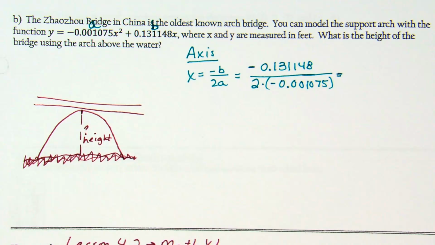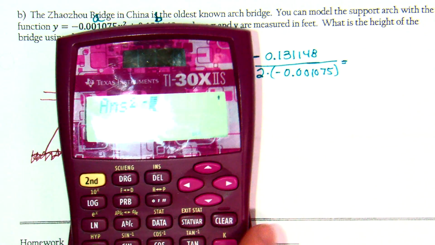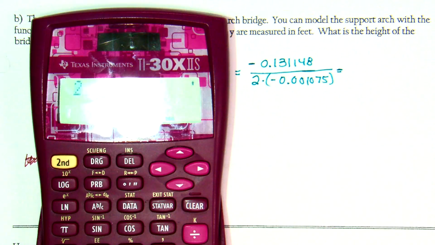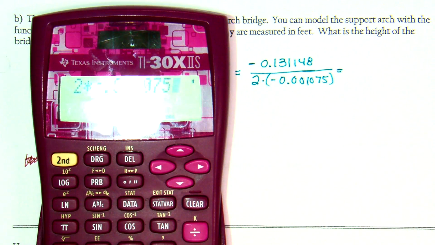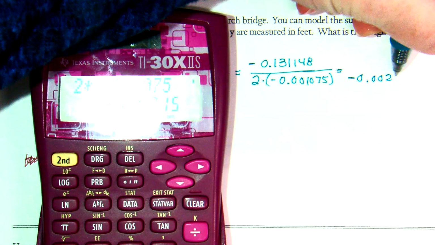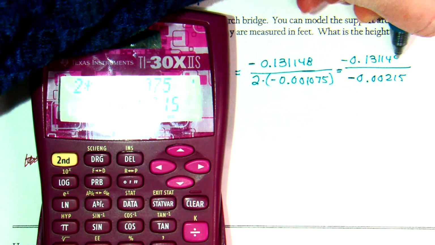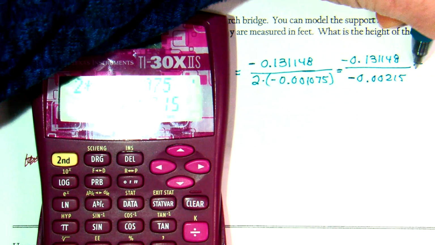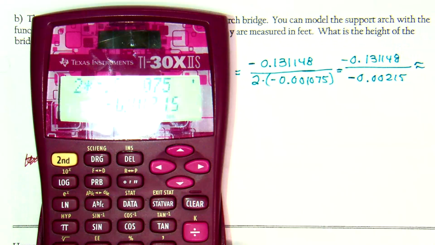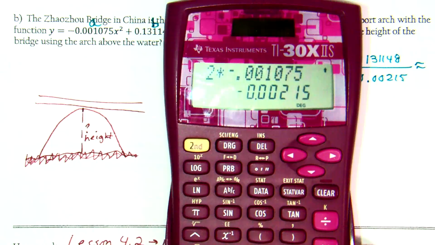Calculator problem, you would think? No one said it was going to be pretty, you know. Okay, if you want, you can go ahead and do the 2 times on the bottom. 2 times negative 0.001075. Negative 0.00215. I still on top have negative 0.131148. Can you divide that? Oof, you guys can't see mine. Sorry, there it was. So now,